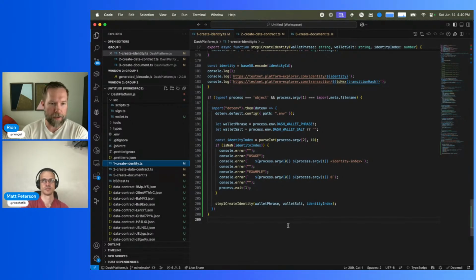Why don't you go ahead and explain at a high level how your code works from start to finish, and then we'll go through the 3-step demo of creating an identity, creating a data contract, and creating a document. Okay, so